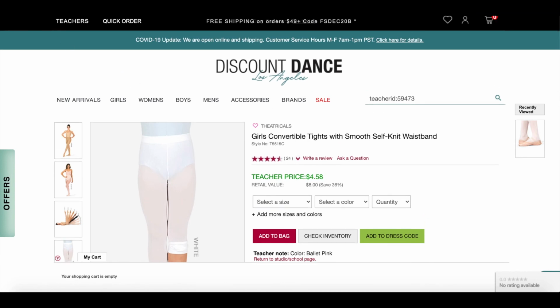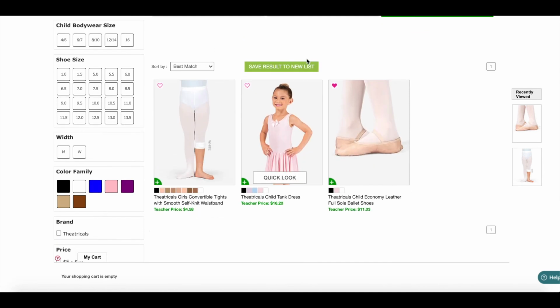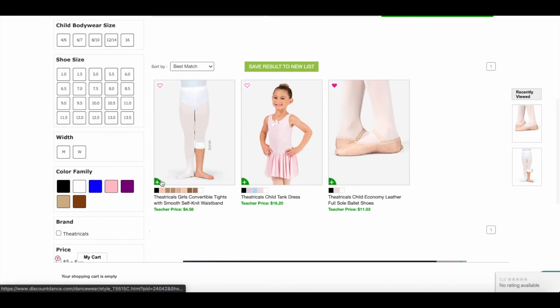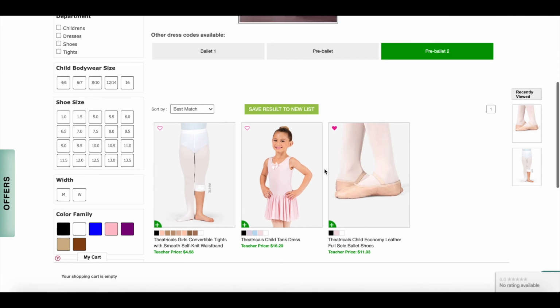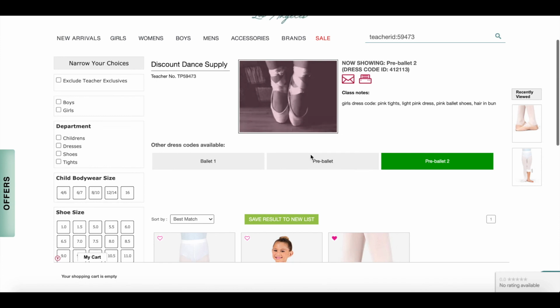But that's pretty much it to set up your online store. You can just use our website, filter as much as you want, and then anytime you add anything, you just use that green plus sign right there, and that'll be able to add it to your dress code. So going up to the top, you can see that this URL right here, that is your link directly onto your website. So anytime you share this to your students and they click directly through this link, you automatically receive